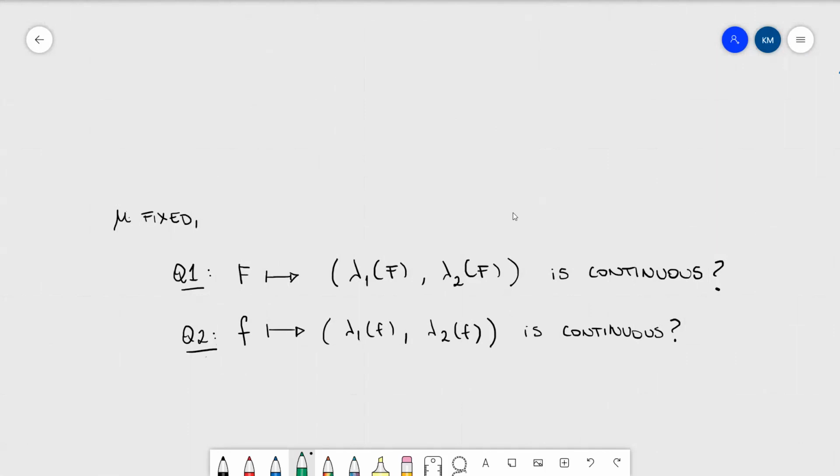The first one is for linear cocycles. I have the two Lyapunov exponents of the center cocycles, and I would like to know if this is continuous. And the second question is a more difficult question, is the case when I perturb the base and I study the center Lyapunov exponent. As I mentioned, question 1 is not going to imply immediately question 2, but can give you information of what you can expect about the problem.